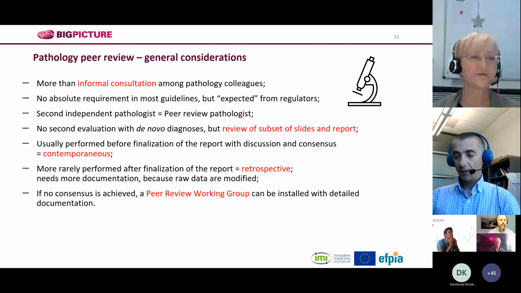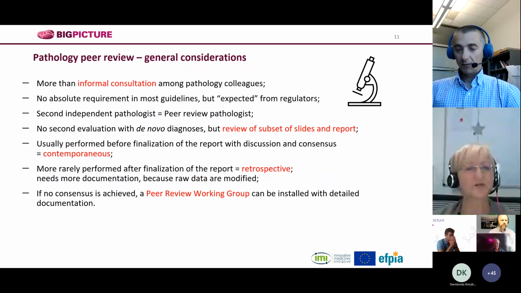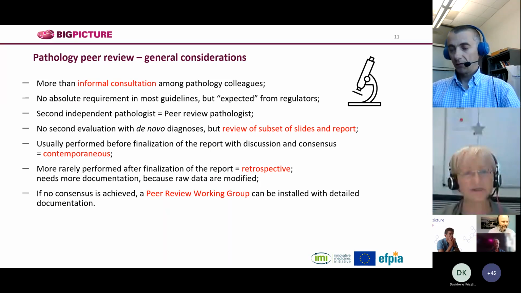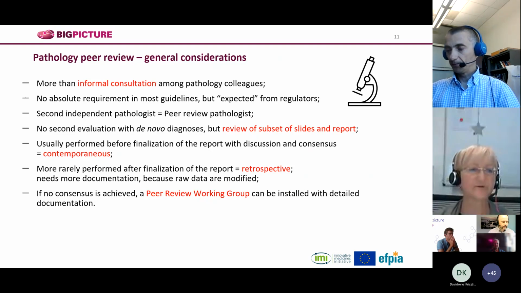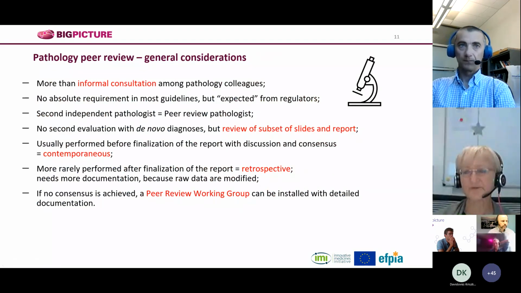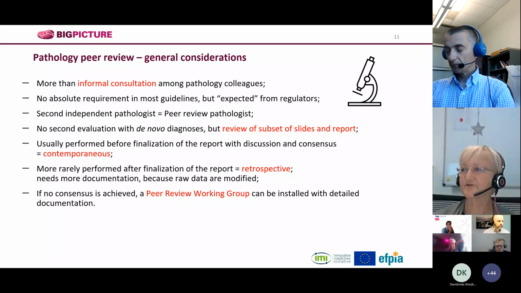Yeah, now we are coming to pathology peer review, and that will take a little bit longer to explain. So we have to distinguish between the initial slide evaluation by the study pathologist and then a pathology peer review, which is done by a second independent pathologist. This is more than just an informal consultation with your colleague sitting next door. It is not an absolute requirement by guidelines, but it is true that it is somehow expected nowadays from all regulatory agencies to be performed. As I said, a second independent pathologist